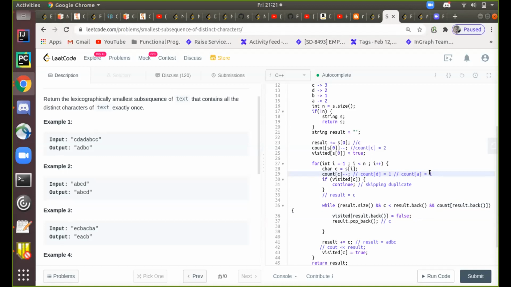Yeah, and you'll have to compare where you are in the string, whether you have more occurrences of it. Had the string been this way, DCBA, then I would not have this part, because every time my count would be zero, so I won't pop my character.